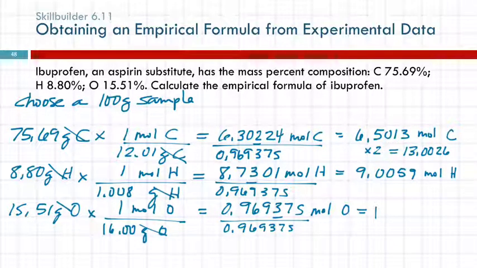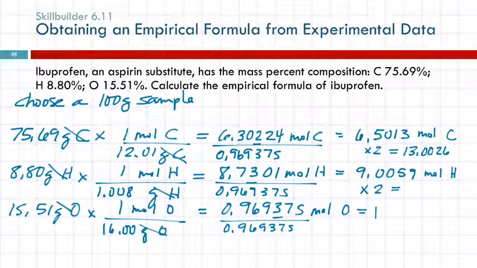Multiply that by 2, I have to multiply all the others. Was that your question? Yeah. So I can't just multiply one of them because we're looking at the ratio of carbon to hydrogen to oxygen. And we need to keep the ratio intact. So I'm going to multiply that one by 2,